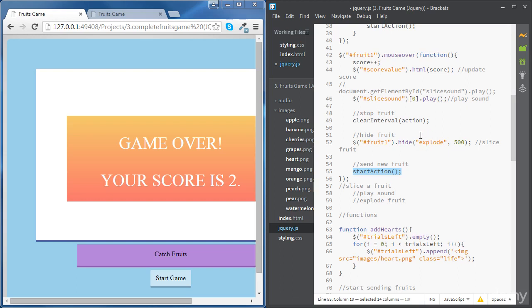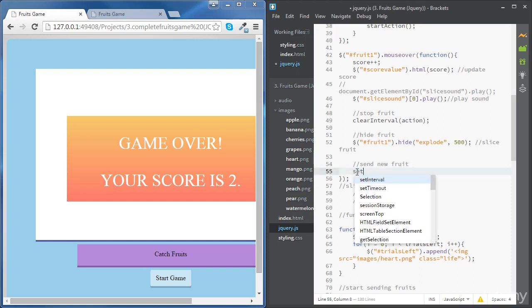Okay? And we don't want that. We want to wait until the animation is finished, so after 500 milliseconds, and then we can send a new fruit. So if you remember, we are going to use a function set timeout, which will take a couple of